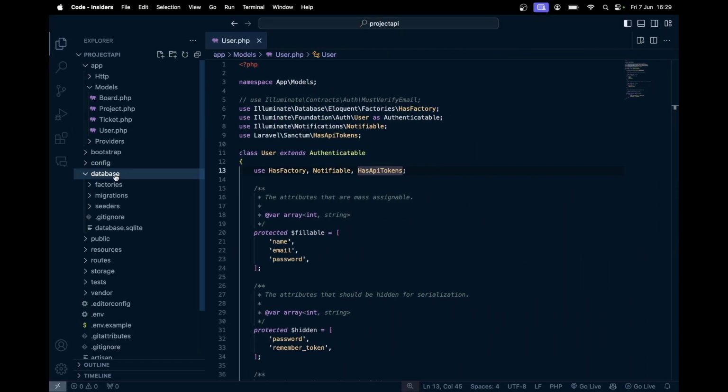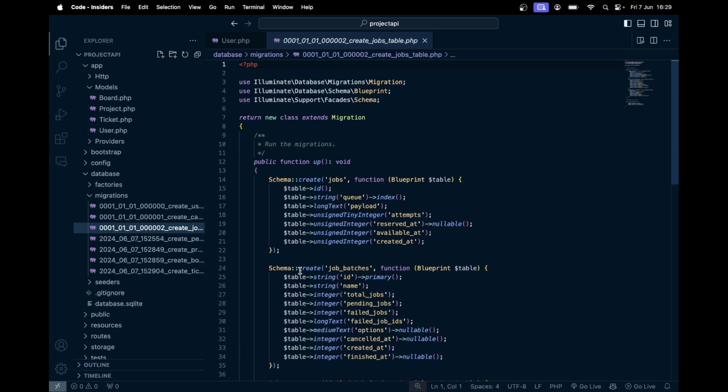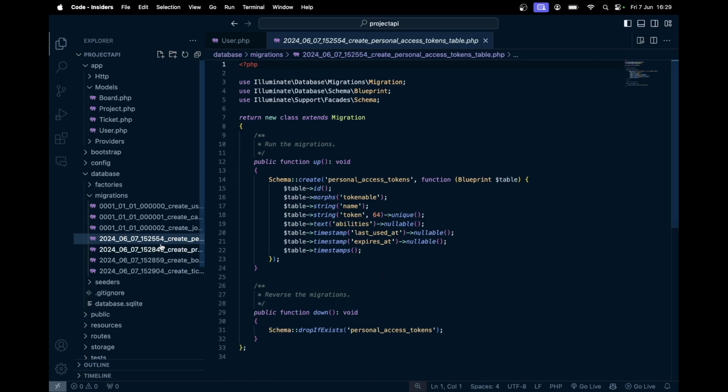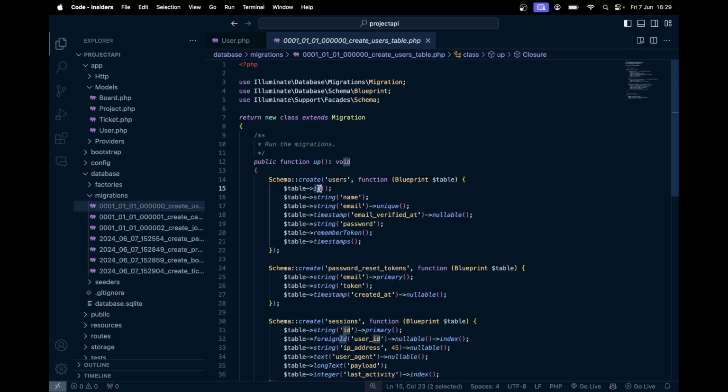So here in the database, migrations, and we have jobs. Those are for the background jobs. So that's great. Here we have personal access tokens, great. Projects, there you go. Now generally I like to have the IDs to be UUID, so it becomes more secure, because incremental IDs are easy to guess. So I can also do that here as well. I can make it as